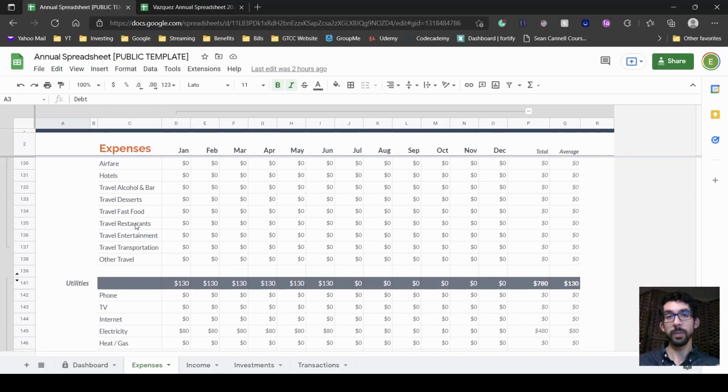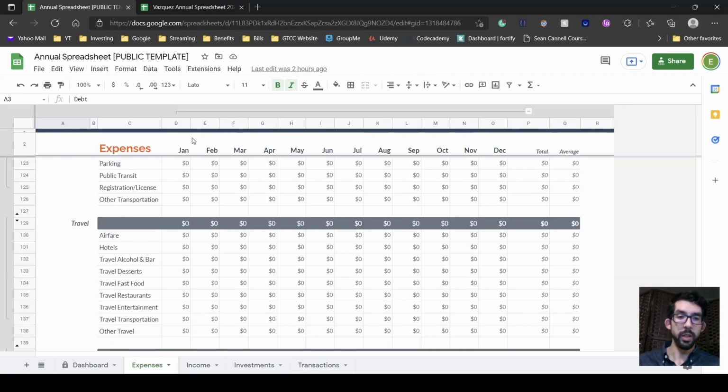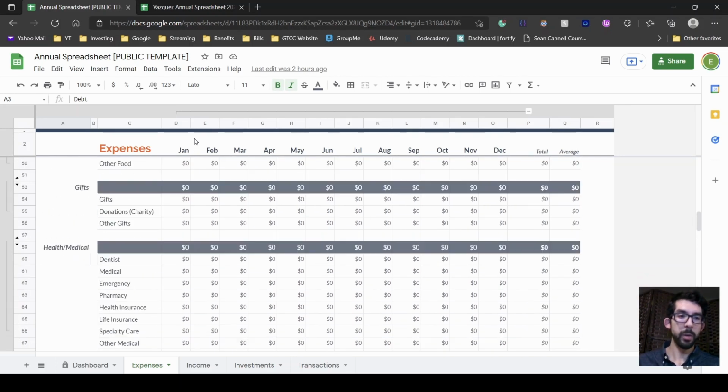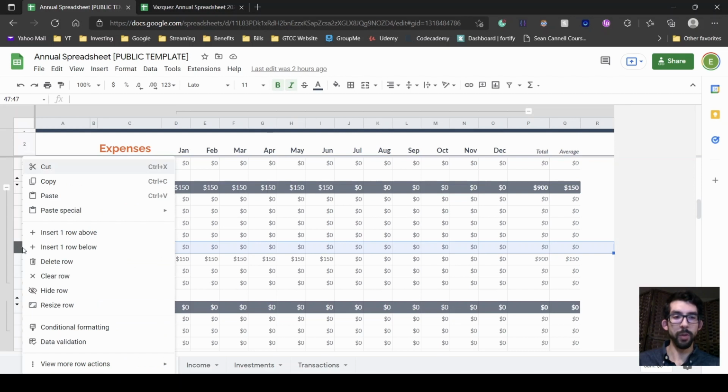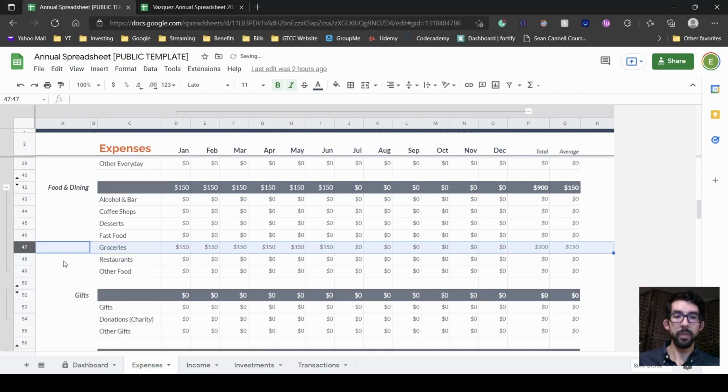Now, with the expense spreadsheet, along with your income and investments, you can customize it any way you want. So you can take out some of the subcategories or add new ones in. Let's just say we'll go up to food and dining. Say you never have food delivery, so you can just go right here and delete it. Or if you wanted to have another breakdown, like your groceries by store, you can also add in